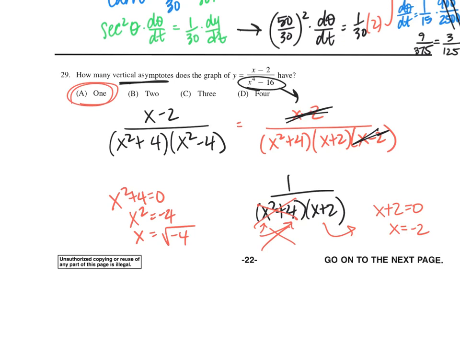Lots of factoring in that one. Let's skip 30. We'll get back to that, and we're going to go